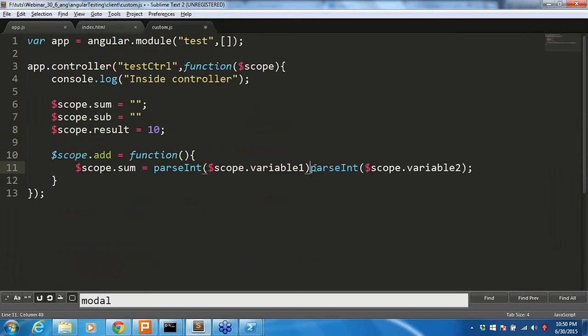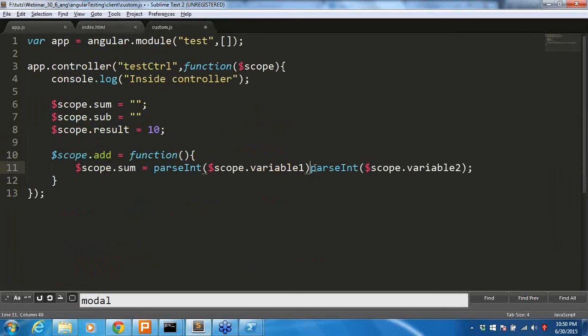To write a unit test case, we need to install Karma on our machine. Once you install Karma, you have to create a configuration for this Karma app. How can we create a configuration? Let's take a look at this Karma configuration. You can see it over here. In Karma, what framework do you want to use? I will be using the Jasmine framework on Karma to write our unit test cases. So I set it to Jasmine.